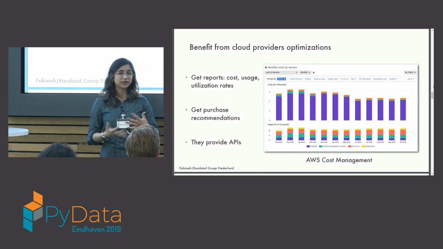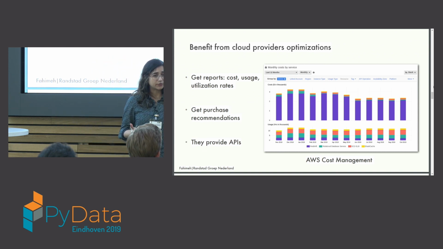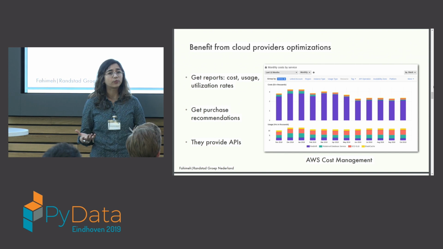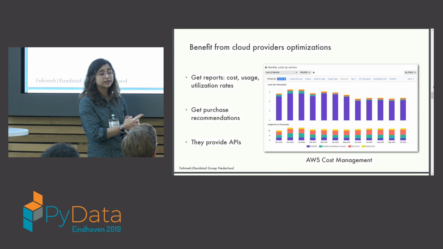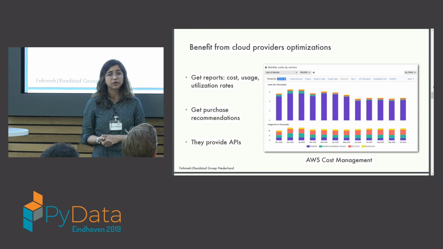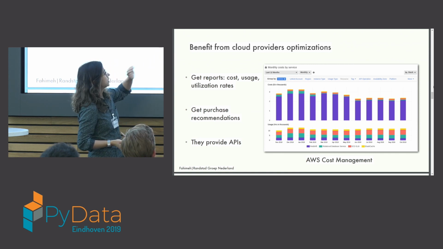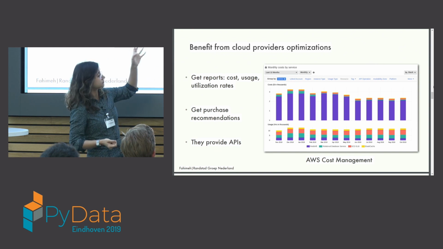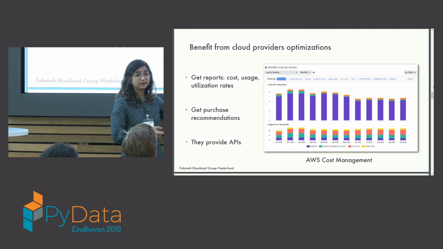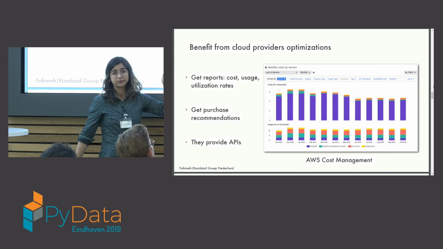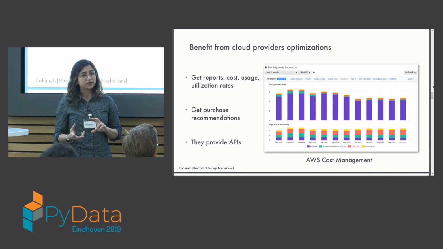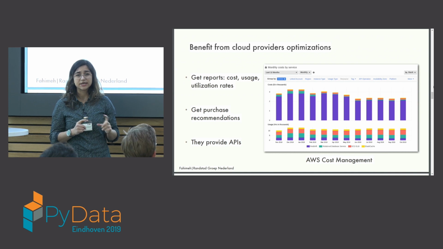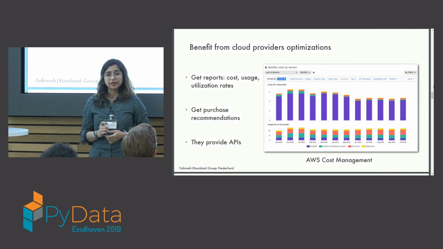These days, they have a lot of data about how we use our resources, and they provide insightful reports. For example, this is from AWS Cost Management, and you see that they can offer utilization rates on a monthly basis, costs, and also usage hours. This simple graph shows, for different months, what the cost was on different services, and for how many hours they were actually used. So we can use this to see how much we're using the services and with which utilization rate, and we can benefit from this.